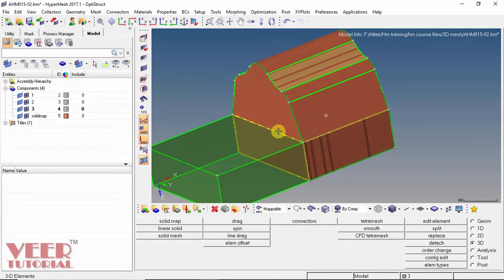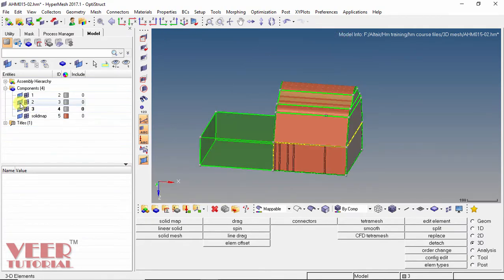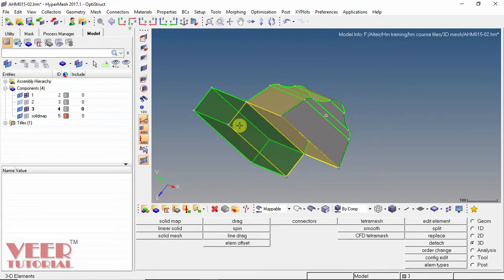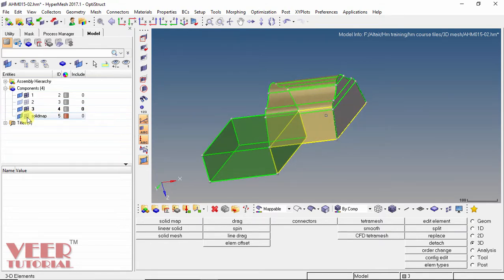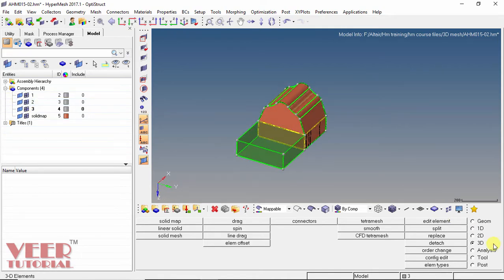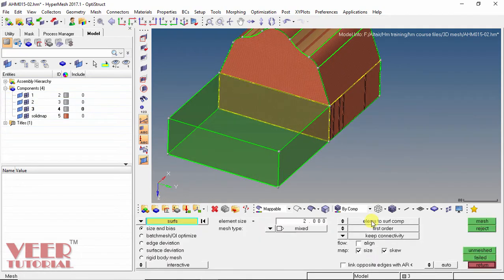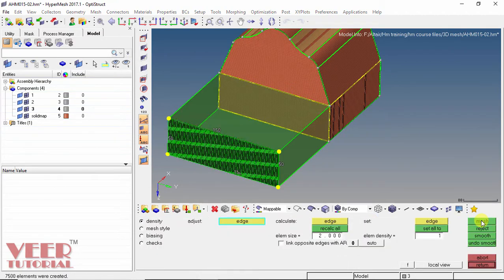And now we have to do the mesh onto this solid. So uncheck this solid 2, geometry 2, and uncheck this. Also uncheck these elements, these elements of solid map. Also we can do this meshing because we know the number of elements. So we can select 2D elements, auto mesh, select this surface and select mesh. So the number of elements we know.